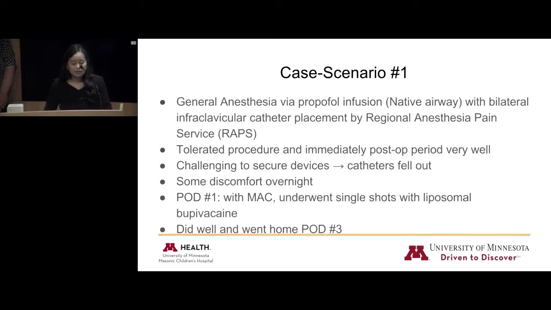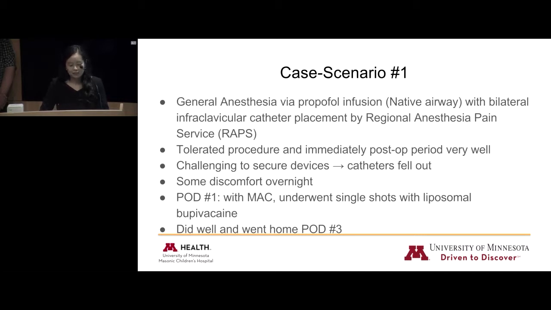After discussion with the surgeon and the RAPS team, which is the Regional Anesthesia Pain Service, we decided to do a general anesthesia with a native airway. So this patient was breathing on their own with just a little bit of oxygen going through their nose. With the propofol infusion, other adjuncts we used were ketamine and Precedex. And then the regional service placed bilateral